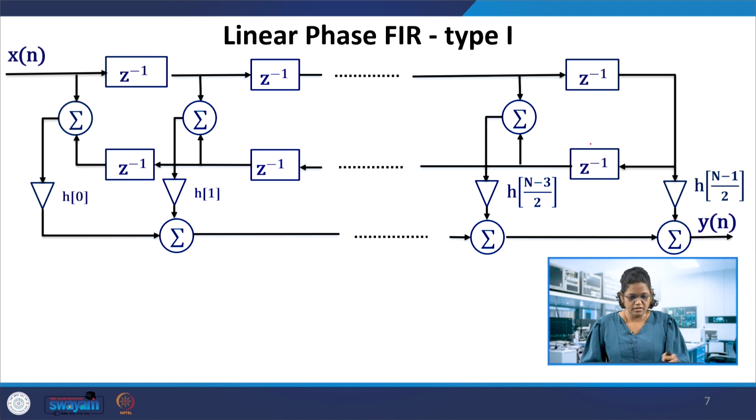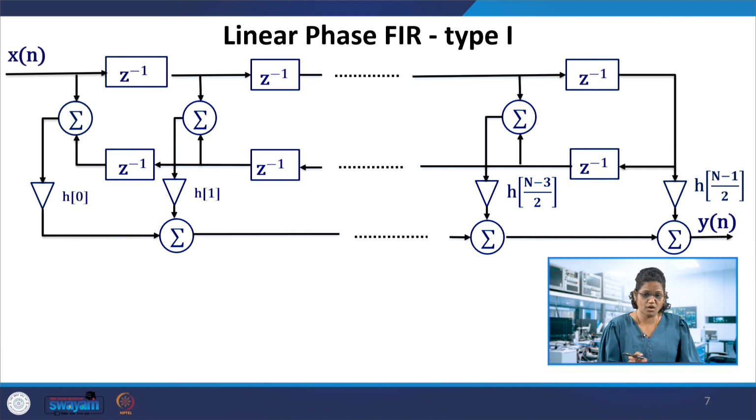So if we take the linear phase FIR, whose phase characteristic we have seen, what would be the structure of this linear phase FIR? This is type 1, where we had these coefficients. In the generalized form, as in the previous lecture, we took x of n, with h of 0 delayed for n taps, and summed it up at each stage. But here, two coefficients are equal.